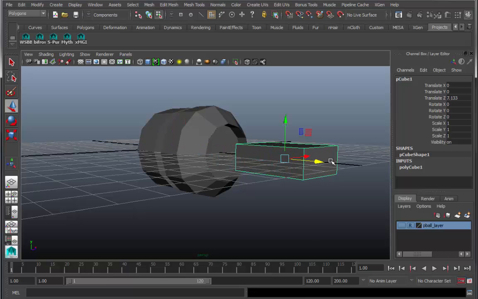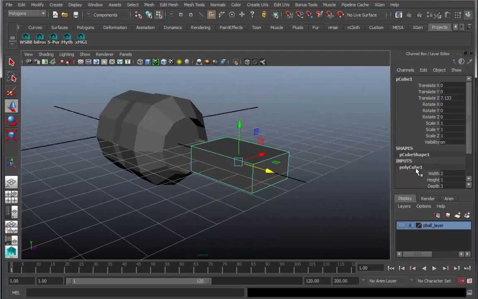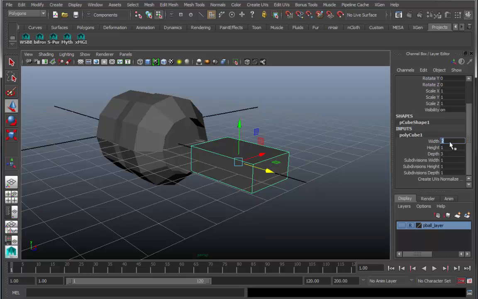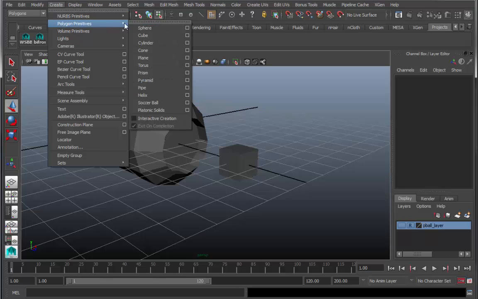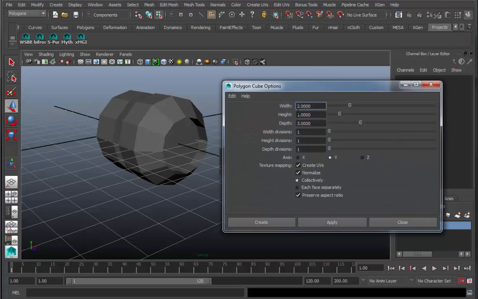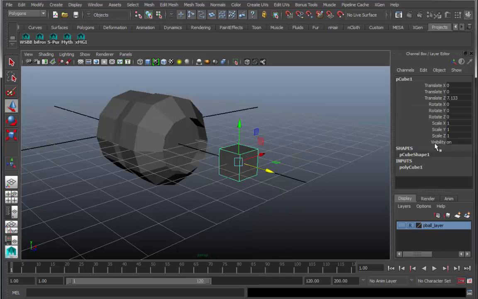This cube is a very odd shape. This is no cube, this is a Lego brick. So I'm going to come into polycube, width is 2. Sir, you are no brick. And it looked wonky like that because the polygon primitives cube, if you go into the options, these have been changed. If I reset them, they'll go back to 1, 1, 1. There you go. So close this, object mode,